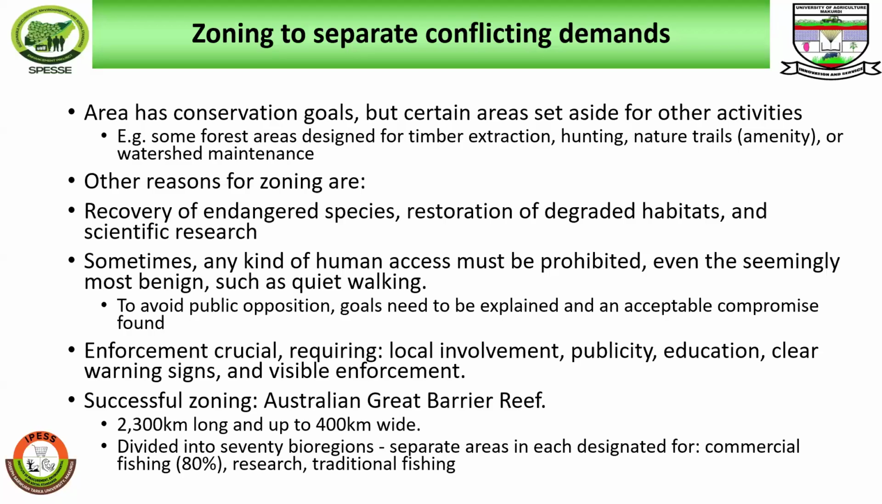The Australian Great Barrier Reef is 2,300 kilometers long, and it is 400 kilometers wide. So imagine, I think the distance between the north and Lagos should be about 1,300. So imagine the Australian Great Reef has a length of 2,300 kilometers and about 400 kilometers wide, and it is divided into 70 bioregions,